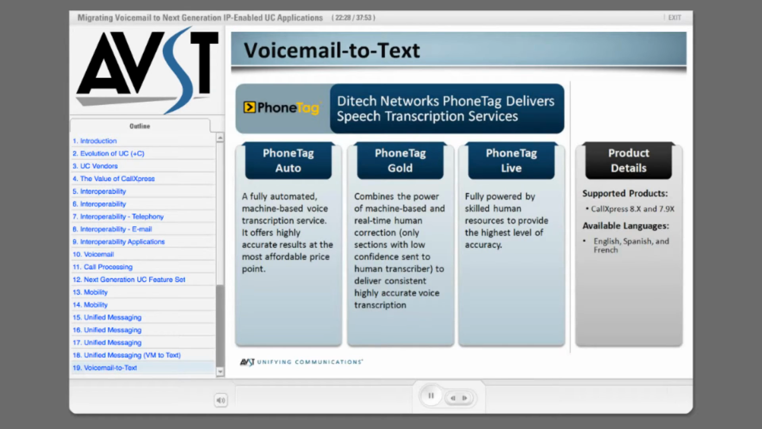Skilled, secured human resources listen to the message, which gives you a much higher level of accuracy, certainly, than an automated transcription of the message. Or for those that want the privacy of an automated transcription but would like the increased accuracy of a human